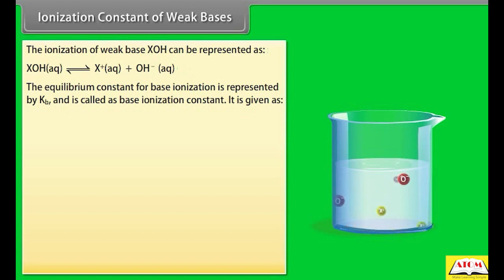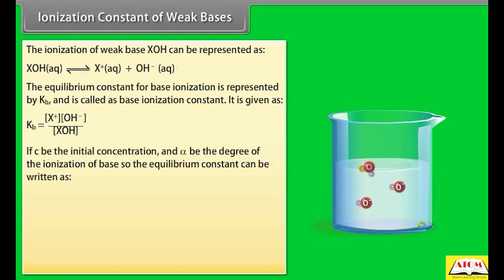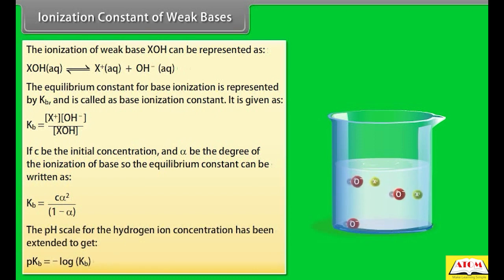If C is the initial concentration and alpha is the degree of ionization of the base, then the equilibrium constant can be written as Kb is equal to C alpha square by 1 minus alpha. The pH scale for the hydrogen ion concentration has been extended to get